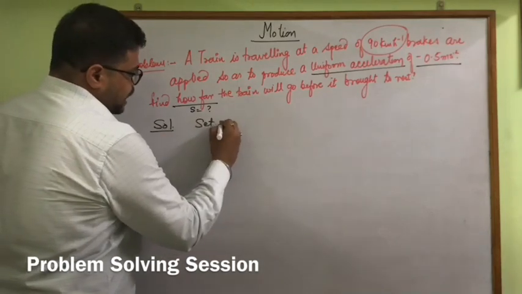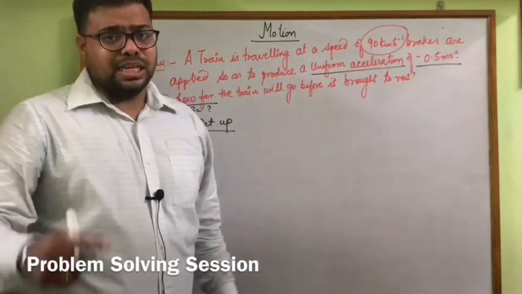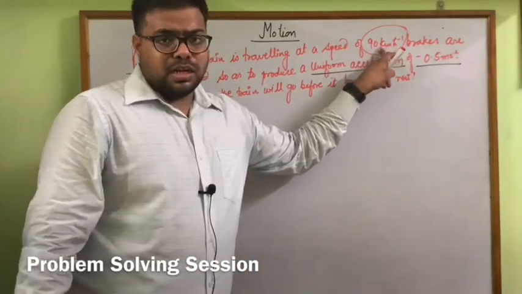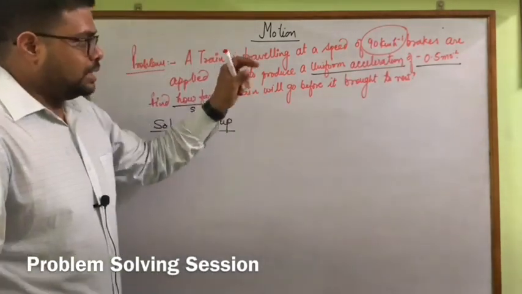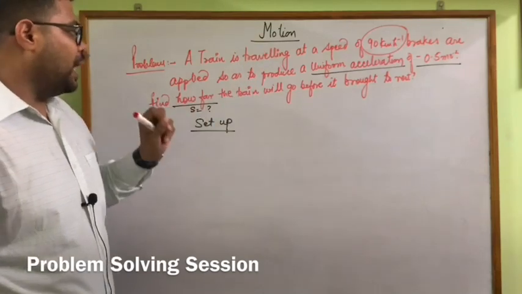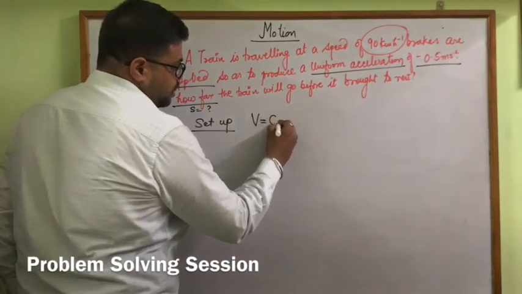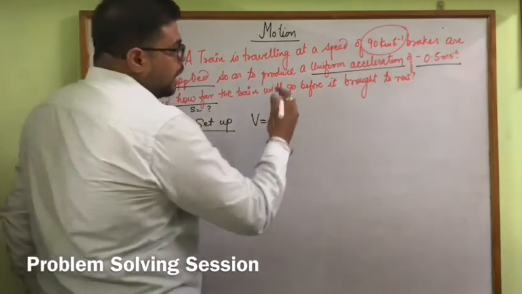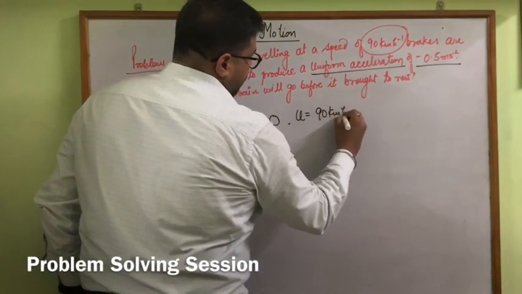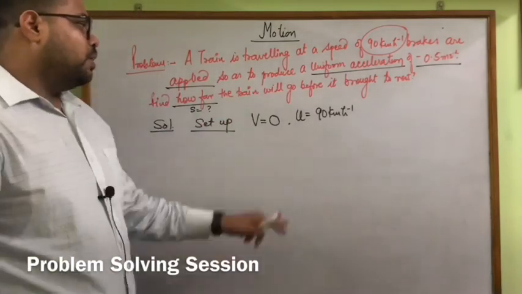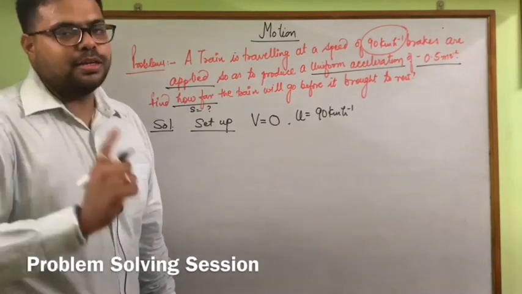We apply the first step, the setup step, because what is given is speed or velocity, this velocity 90. Now you may have a confusion: do we take it as final velocity or initial velocity? I already helped you: the particular language mentioned is brakes are applied. So when the brakes are applied, definitely the final velocity is going to be 0, and this 90 is taken as the initial velocity. I already stated that in the setup, the initial velocity is not in SI form.